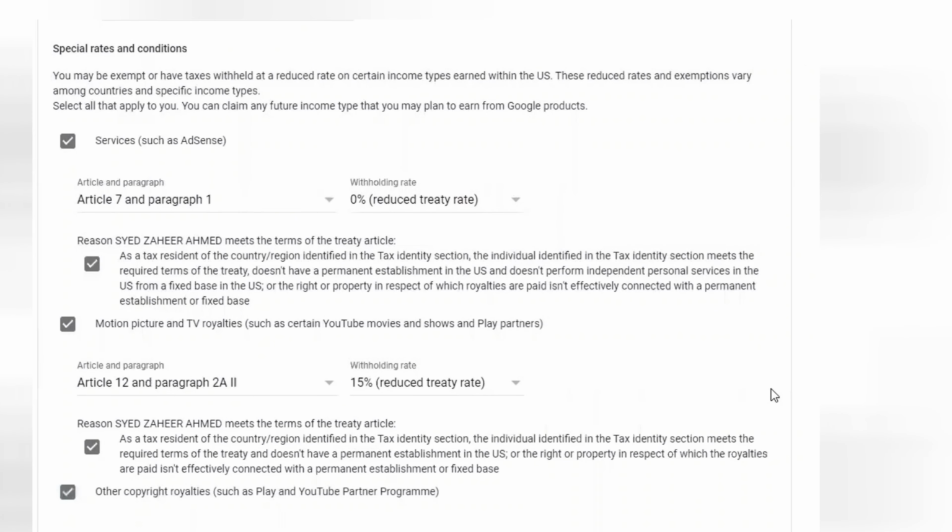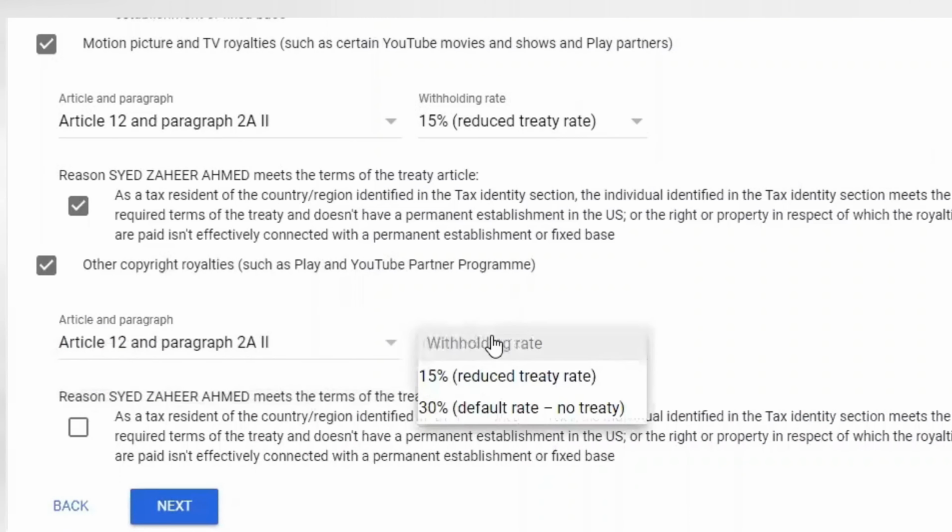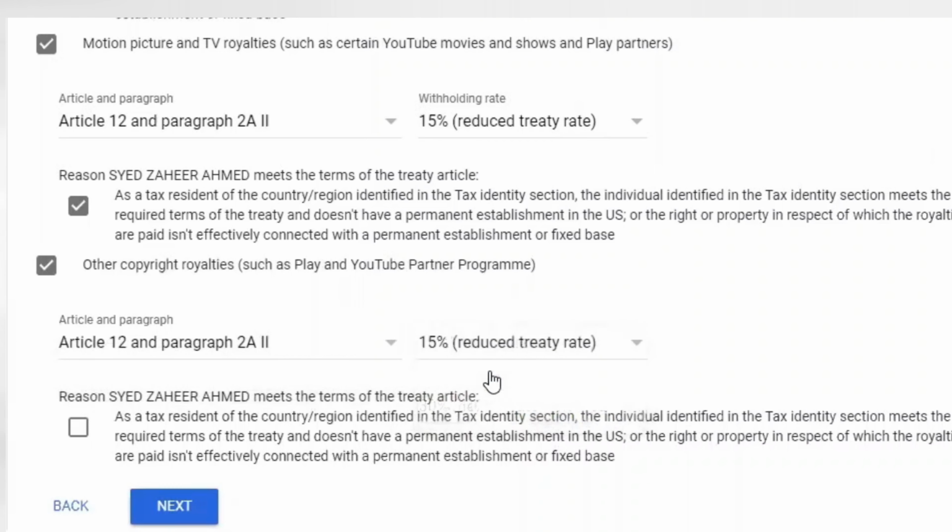Now let us move on to the other royalties. Click on checkbox. Now similar kind of article we have to select. We will select article 12 paragraph 2A2. Withholding rate will be 15%. And I'll click on as the tax resident of the country. Click on that. Now I'll click on next.